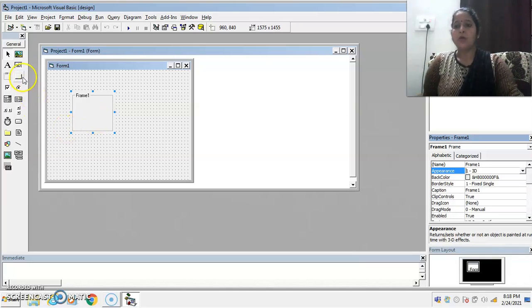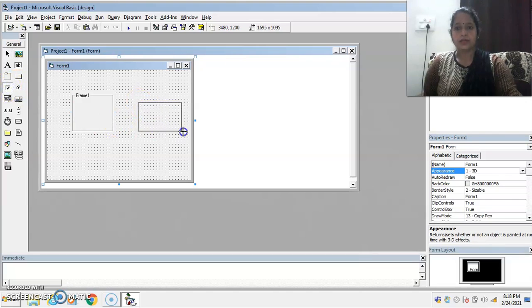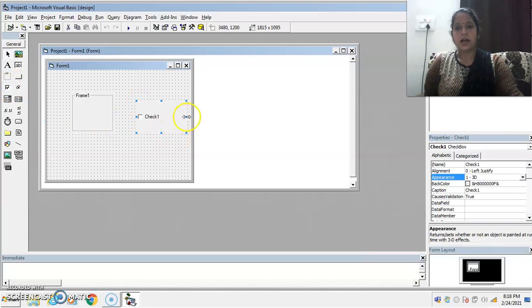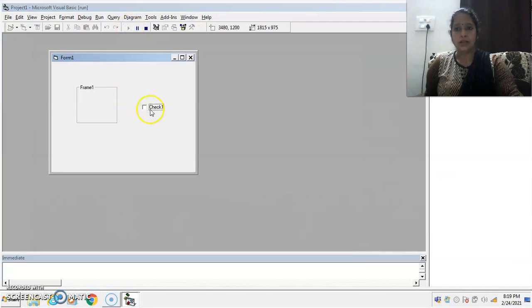Okay, now our next control is the checkbox control. As you see on the screen, I draw here the checkbox control. Checkbox control is used when the user wants to select one or more options from a set of choices. When the user clicks on the checkbox, it is selected, as you see on the screen.